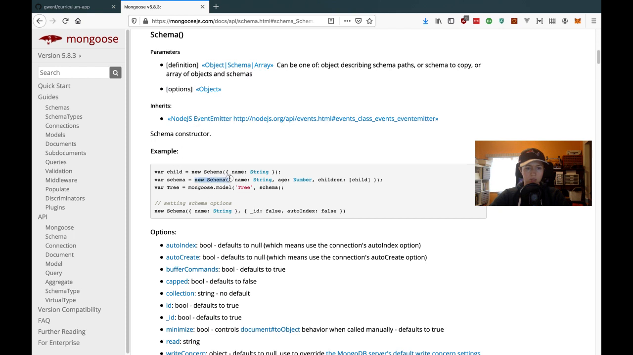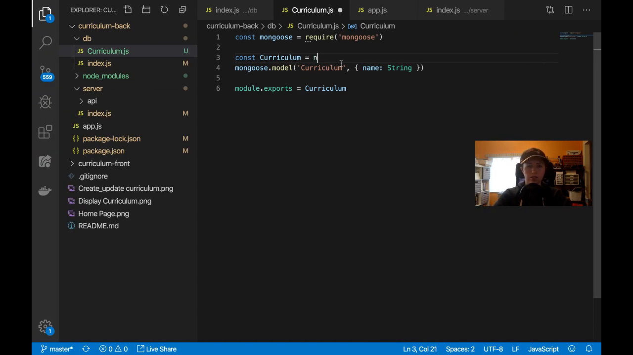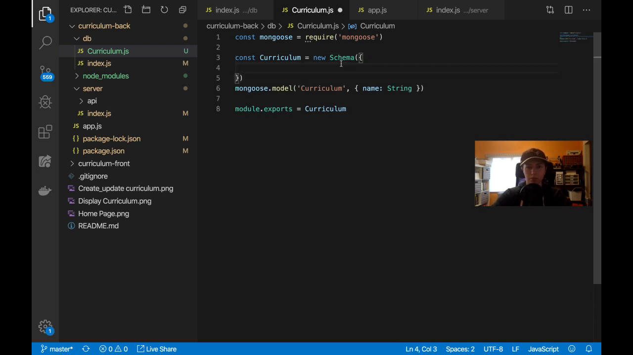Okay, so yeah, new schema, and then I just pass it the object of my schema. So I'm going to do that. So new schema, and then pass it the object. So stop model. So I don't need that. I do need,